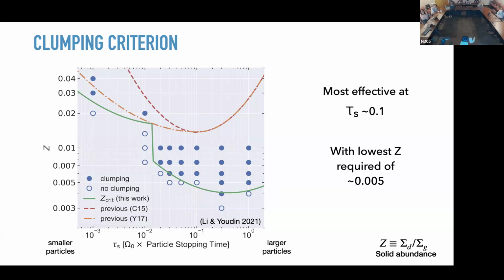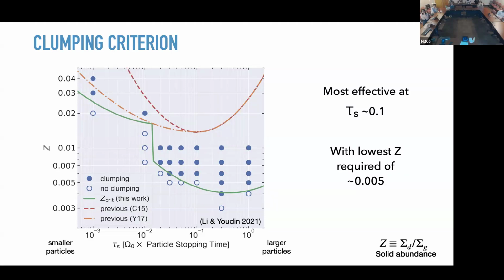Above this curve is the region where streaming instability can lead to dust clumping and further lead to planetesimal formation. And the lower part is where it doesn't. So you can see that this criterion is heavily dependent on the Stokes number or the particle size. It's most effective when the stopping time or Stokes number is around 0.1, where the lowest metallicity required for streaming instability to clump the particles is around 0.005. So this one is the case when we don't